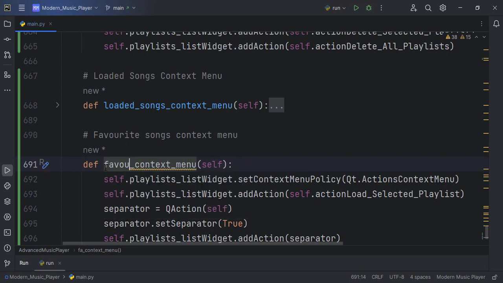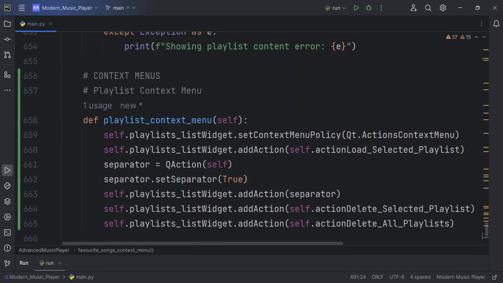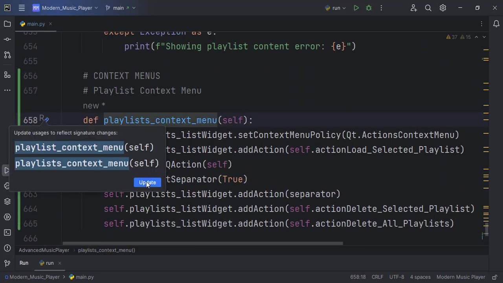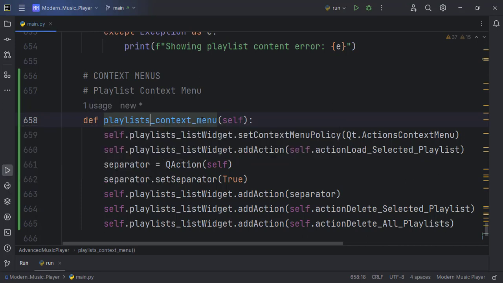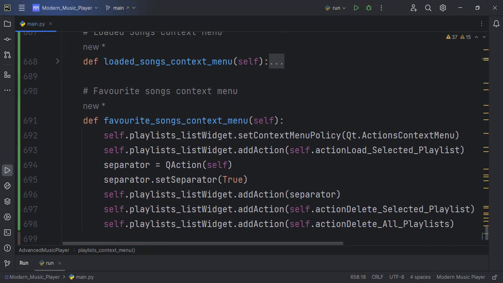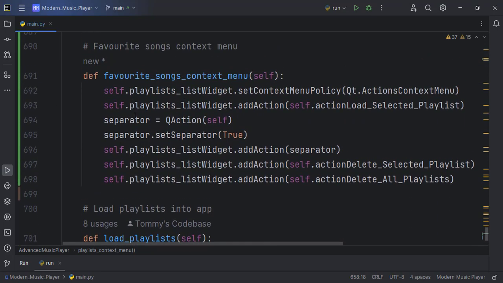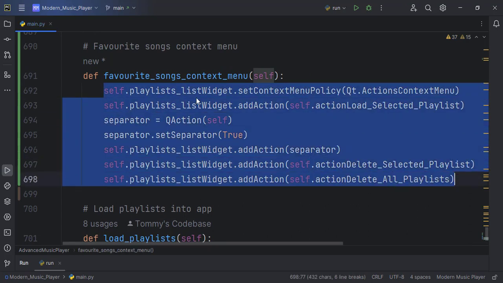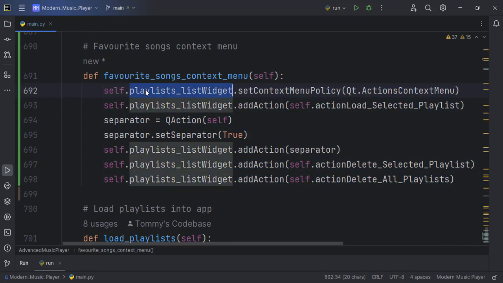favorite songs context menu. Okay, I think this one should be playlists, and then PyCharm allows me to update all the usages in the code. But if you are not able to do that, we make sure you update it up there also. And this place too, we have to do replace. So replacing this